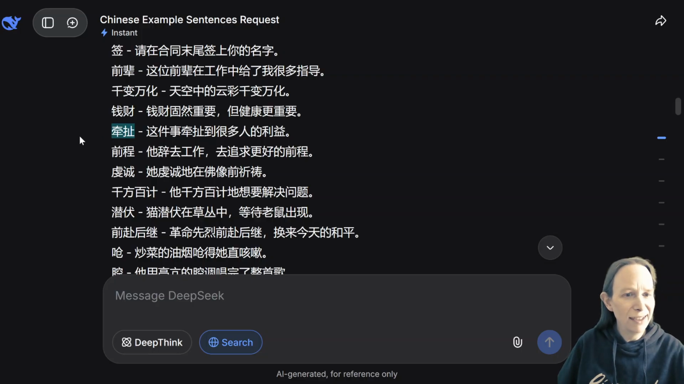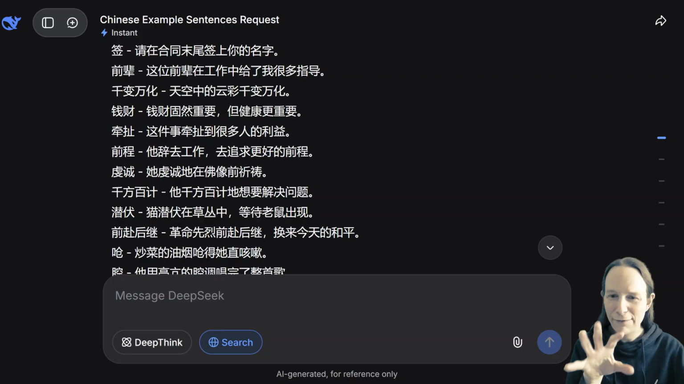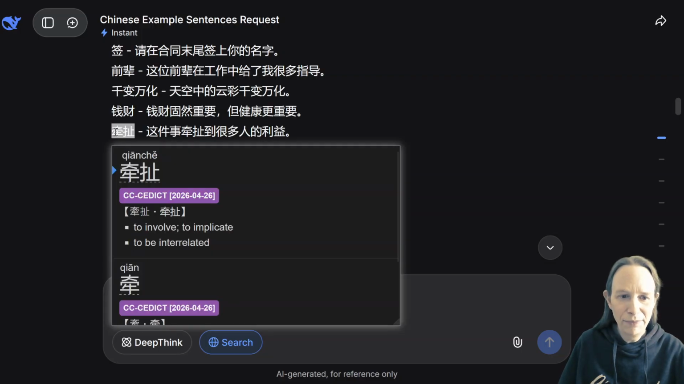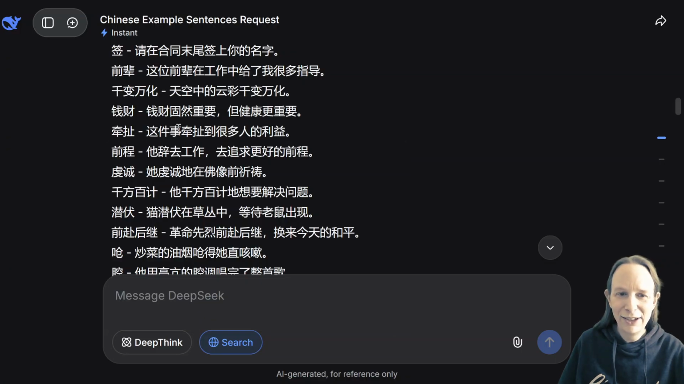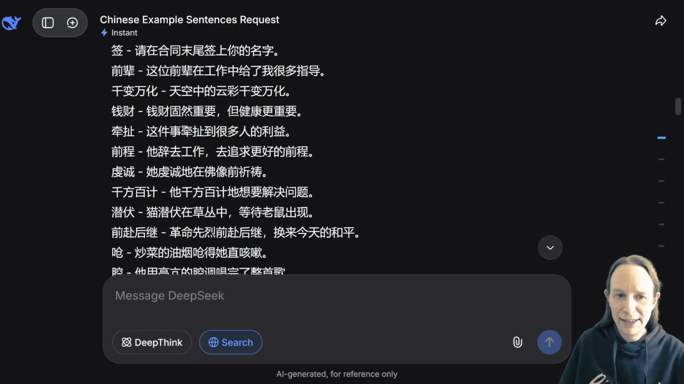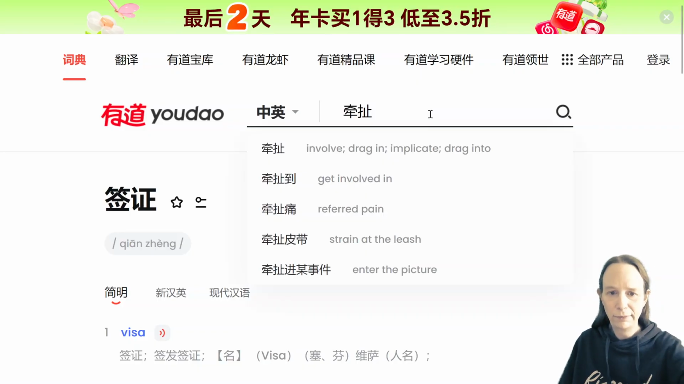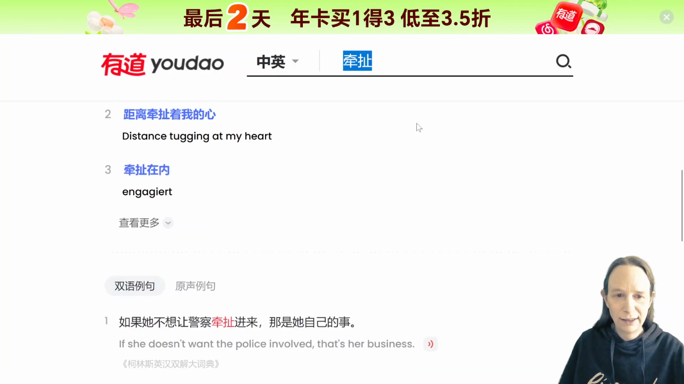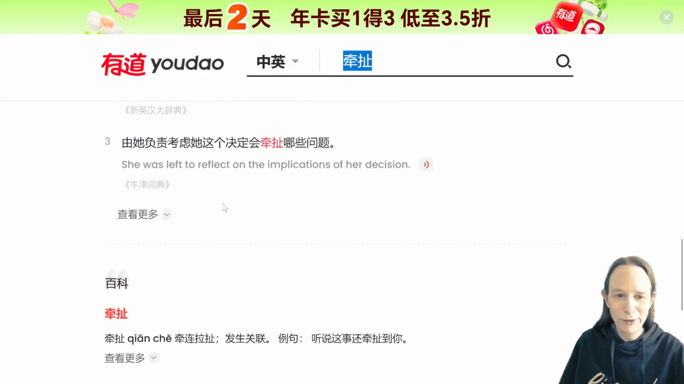牵, is it third tone? This is to get dragged into something. Something you don't want to get dragged into. Or it can also be like involved in, implicated, yeah. Usually you don't want to be in this. 这件事牵扯到很多人的利益。Yeah, 牵扯。It's kind of get involved in or